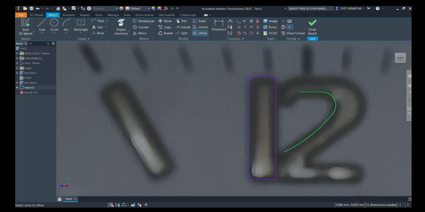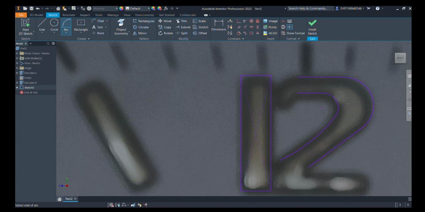Now we try to offset, but it will not match the shape, so we will leave it and do it the same way. Then again we will draw one line which will be parallel to the above line, and follow the same procedure. Here we will be drawing one line instead of an arc. Again we will draw one more curve which will be tangent to both. Then one more curve to add the front face of the number 2. So we will be drawing 2 arcs to it.